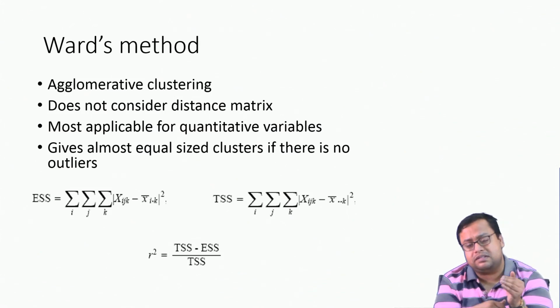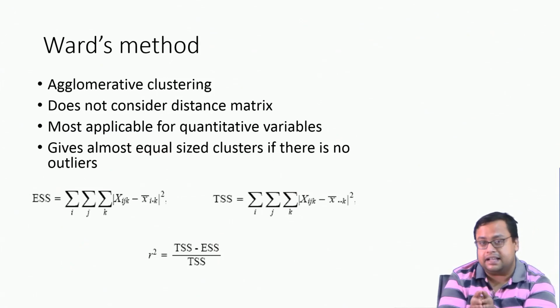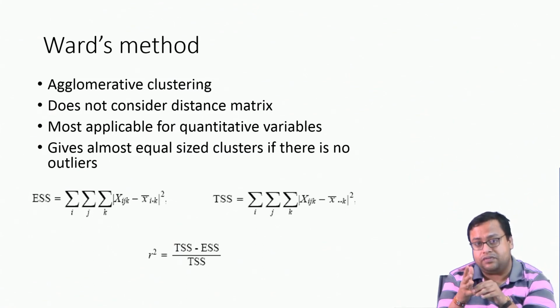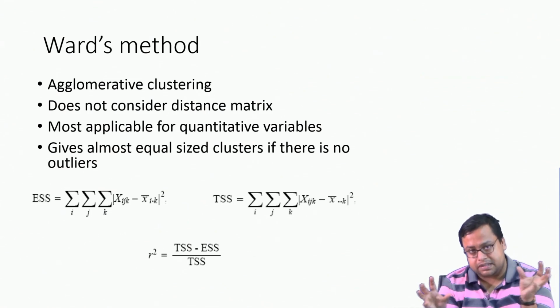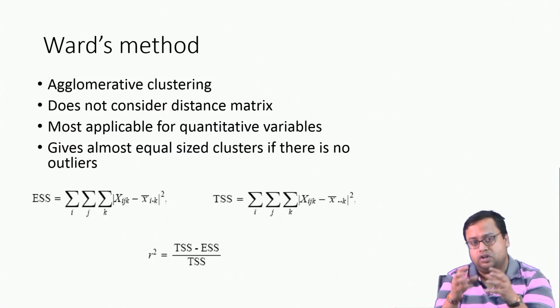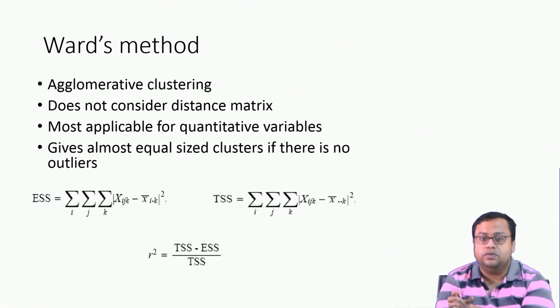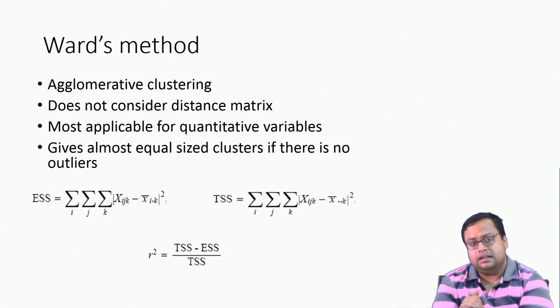If I want to see it in percentage form, dividing by TSS gives me the percentage of the variance that has been explained by these clusters, and as R square goes high we join people. So, we try to find out whom to join such that the R square improves. That is also agglomerative clustering. That means you start with all of them as separate segments and keep on joining, and here we plot the within sum of square as the measurement.